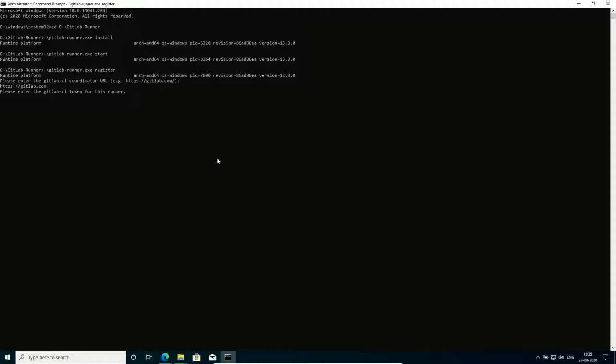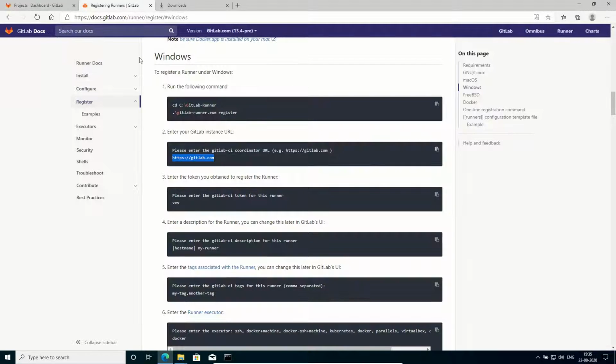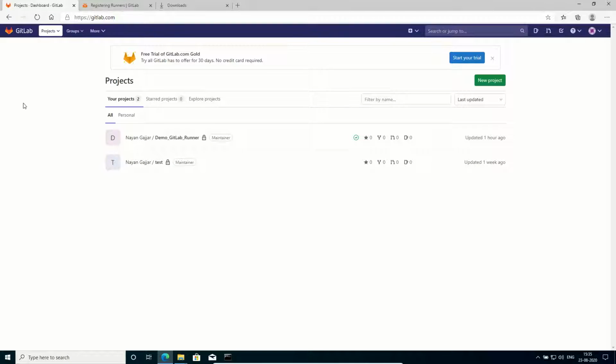Okay, now it is asking me for the GitLab CI token. We will get this token from our project settings. For that I will go to my GitLab account, go to the project for which I want to register the GitLab Runner.